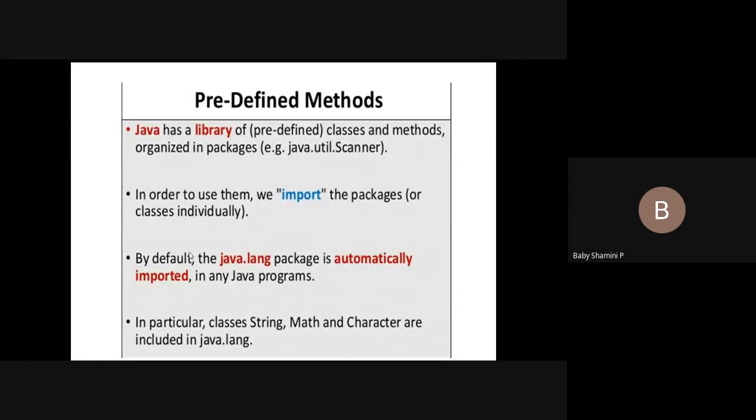Next one is lang. If you want to perform any mathematical operations or string operations, we can use java.lang. It supports threads, and it provides security functions. All those things come under java.lang. Next, if you want to read and display a statement, we have to use import java.io.*, the input output functions. Star imports all the necessary functions.